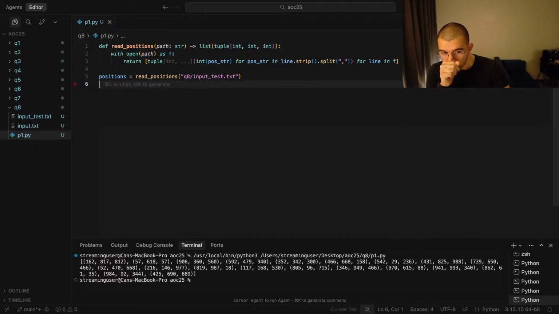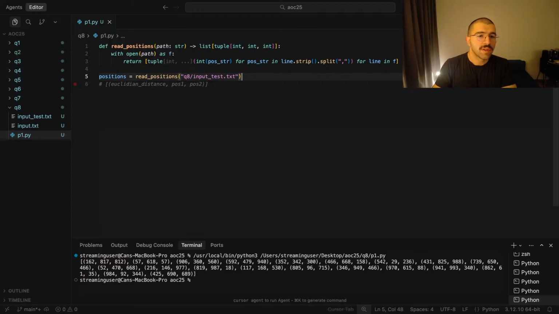Alright, so the next thing is the data structure that we've planned, right? It will be a list. The first position will be the Euclidean distance. Yeah, just use the position. I don't know. Position 1, position 2. Okay, it will be a tuple. So it will be quite a different thing. But we can say